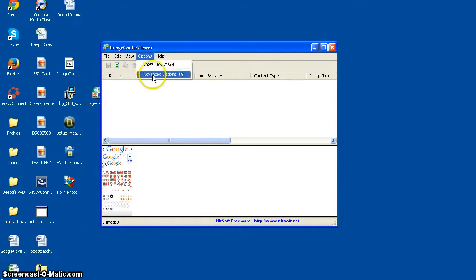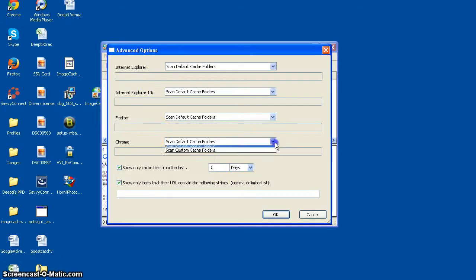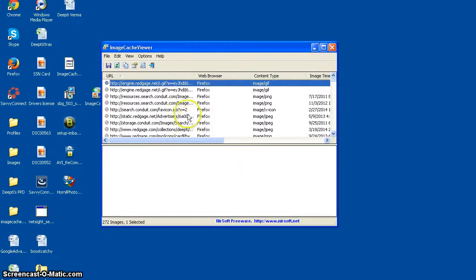Basically you can scan custom folders, and give the name of the folder here, and it will cache all the files. Let's say show only cache from the last 1 hour, or let's say 5 hours. See, it's now caching all the files that were created in the last 5 hours.